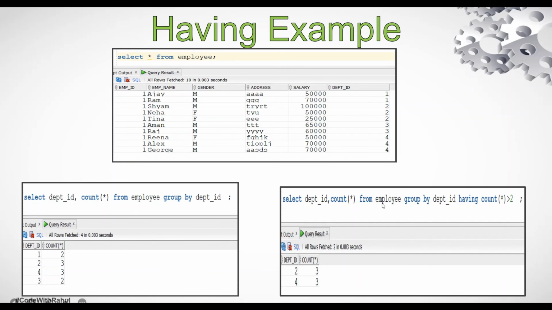Select dept ID, count star from employee group by dept ID having count star greater than 2. So it will exclude those rows which is having count 2 and it will give us only those rows which is having a count greater than 2. So that's why only department ID 2 and 4 are coming and it has excluded department ID 1 and 3. Correct? So this is about having,